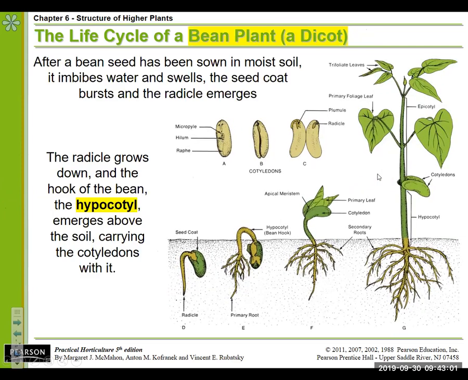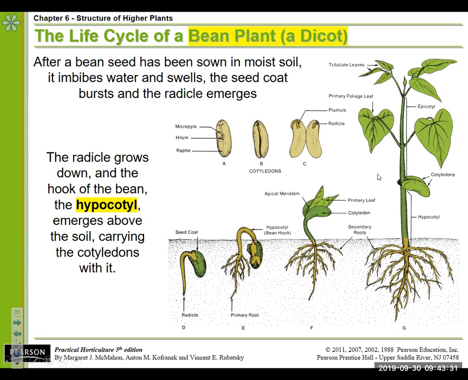Let's take a look at the dicot. It's a slightly different process. So we're looking at a grain here, corn, and then a legume in the dicot world, the bean. So again, after that bean seed, which is dormant at that point, it's still alive, but it's just in stasis, right? After it is put into moist soil, it begins to suck up water and starts to swell,